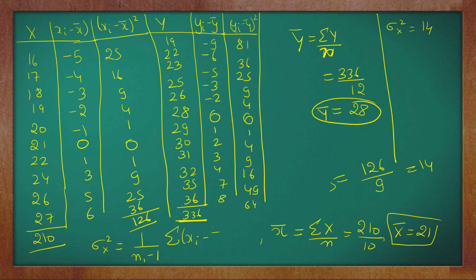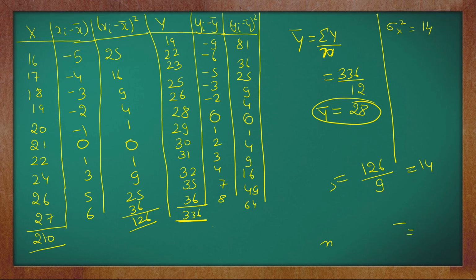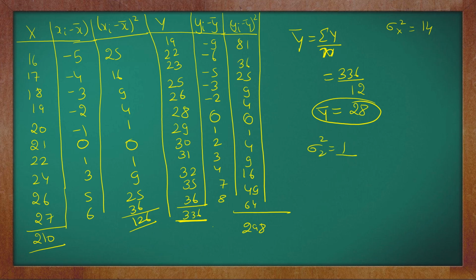So I think all of you have already written this one because I'm expecting that all the students are solving this question with me. Because if you're solving this question with me, it's very easy, guys, for you to understand. Okay. So total is 298. Similarly, apply the formula sigma 2 square. This is 1 upon n2 minus 1 summation yi minus y bar whole square. This will be 11 and this is 298. So when you are solving it, you are getting